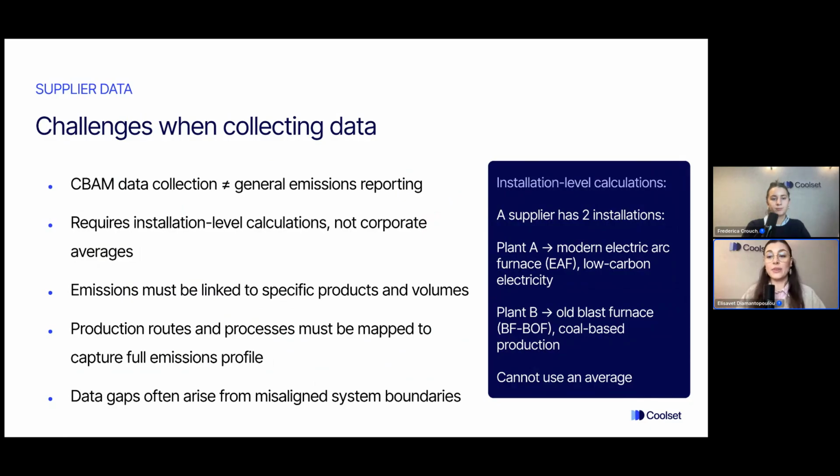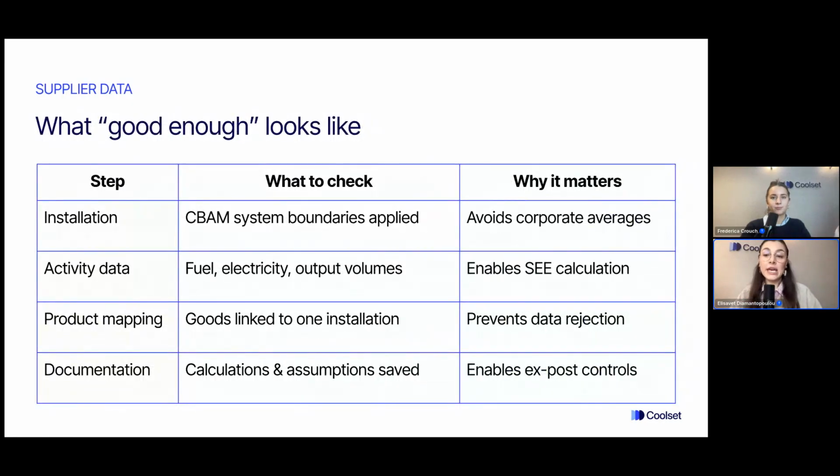You need to have something that is specifically linked to the products and the volumes and the factory in which the materials are produced. Also, even the different production routes and processes will play a role on how this number is formed at the end. And that's why it's very, very important to have everything in place and to understand the system boundaries for this. Of course, at the beginning, this will be very vague,